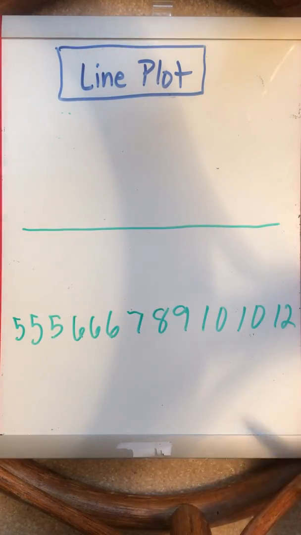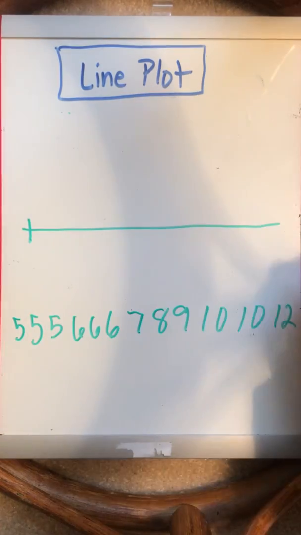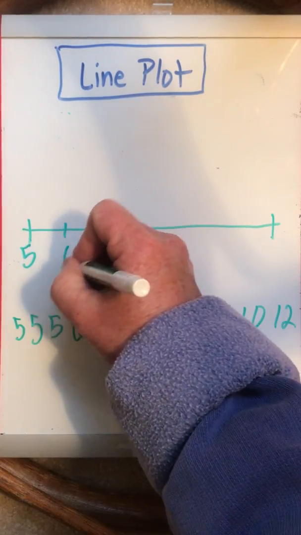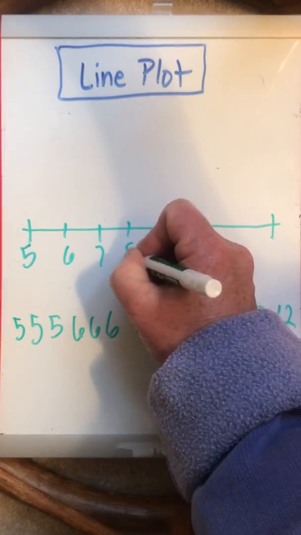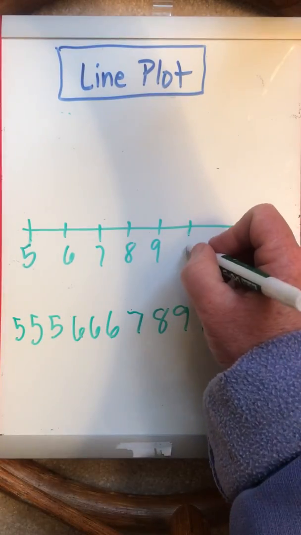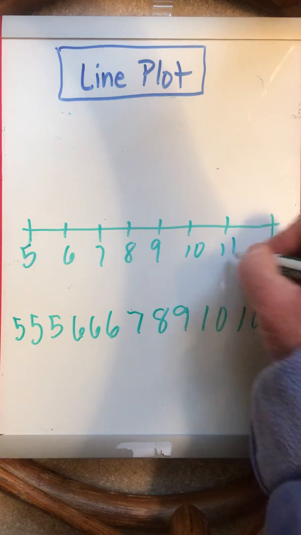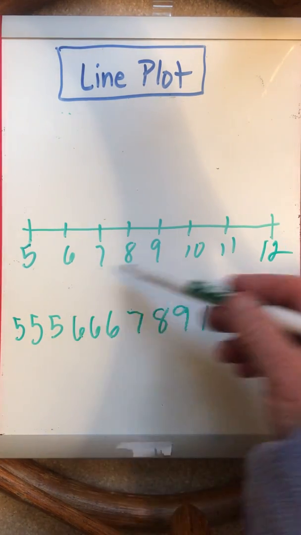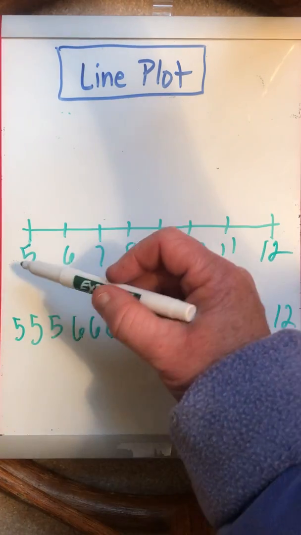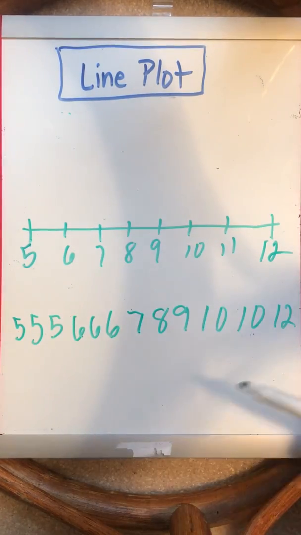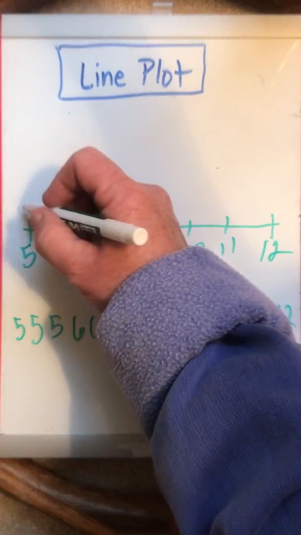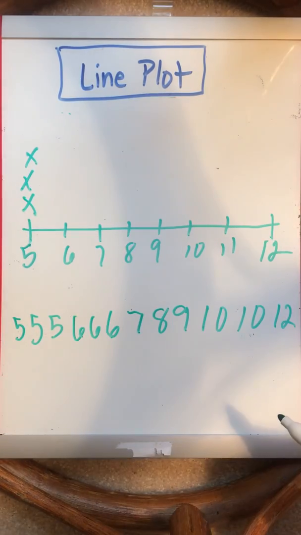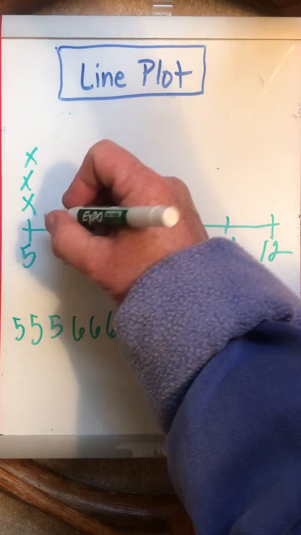Okay, the lowest number was 5, the highest number is 12. So we start with 5, 6, 7, 8, 9, 10, 11, and 12. We have to put all numbers down on the line plot. Okay, starting with the smallest and ending with the largest. And then in this case, our X's would represent the number of people that made a home run throughout the